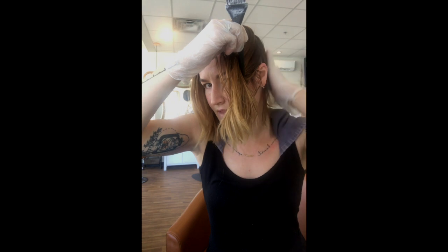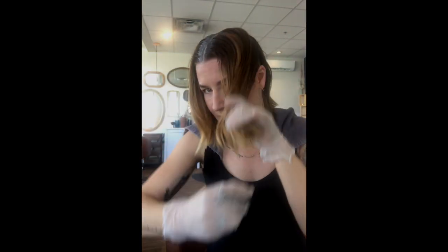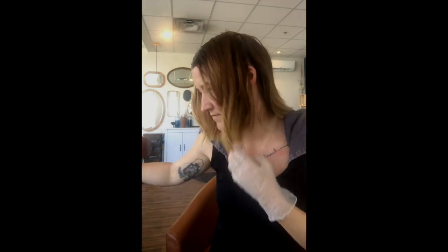The next thing we're going to do is I'm going to take a parting from sort of the top here, so just behind, like where it starts to curve behind. I'm going to put my finger there and then come down to the top of my ear. So it's just behind my ear, I'll show you. Back there, okay? So what I'm going to do now is I'm going to let that sit there, kind of pull this forward with my hands,